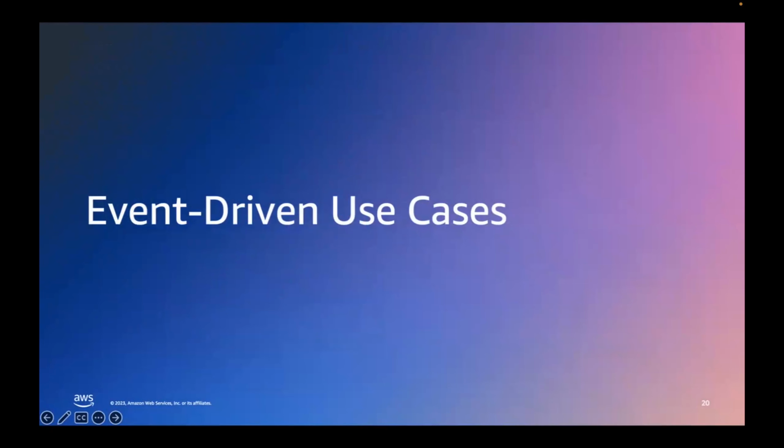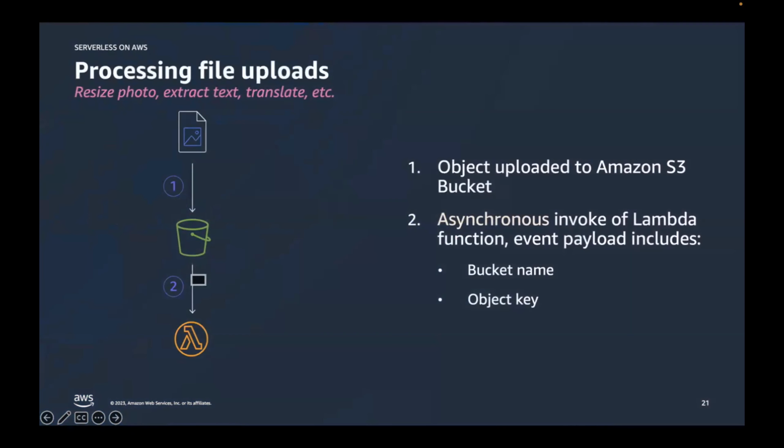Now time to dive into a little bit of event-driven use cases. For example, this is like processing any file uploads that you have been doing. So let's say you are owning or running an application which uploads a document and basically stores it somewhere. And that somewhere can be Amazon S3. And that's one part of your architecture where you are storing or uploading a document. Now, the next step is, what do you do with that document? You can make this event-driven as well. As soon as a new file or new object is uploaded to your bucket over here,